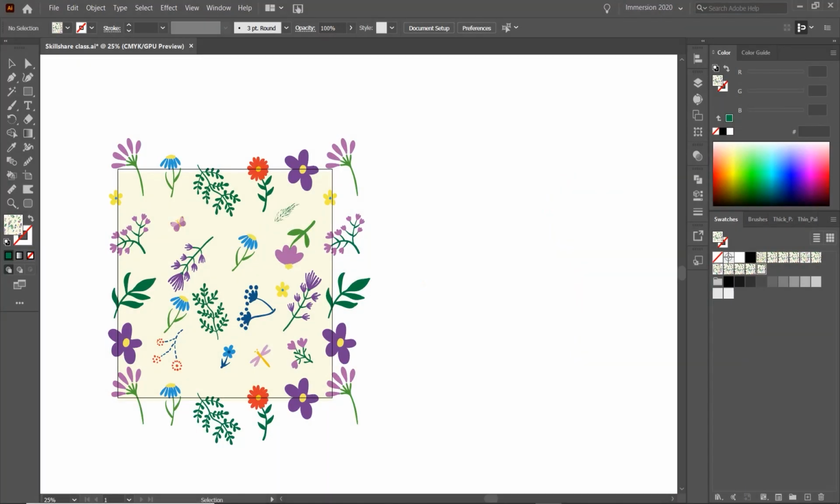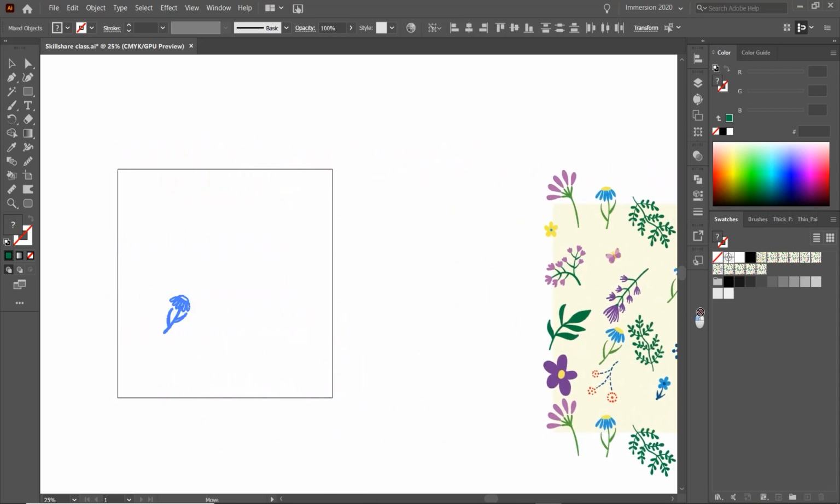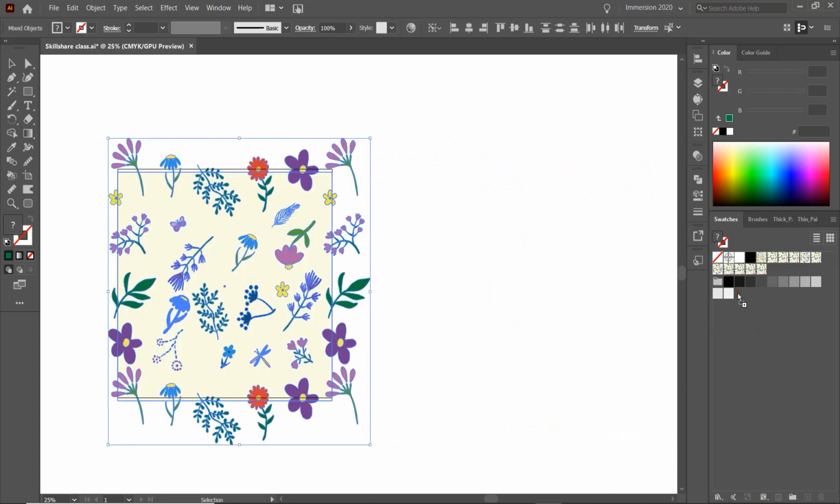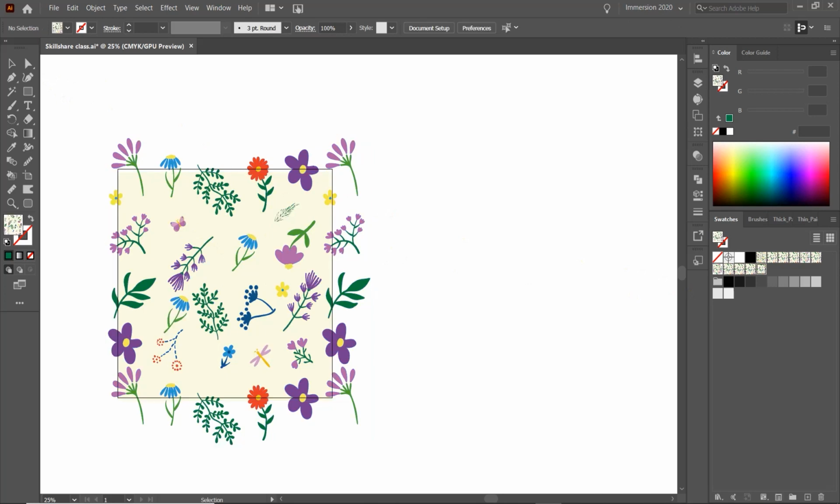Hi guys, welcome back. So in this lesson, I'm going to show you another problem that you might come across, and that is when you try to drag your pattern tile to your swatches panel, it doesn't actually work. It doesn't give you an error message, it doesn't tell you anything, it just bounces back and you're like, so what's going on? This normally happens because one of your motifs is actually colored, filled, or as a stroke,